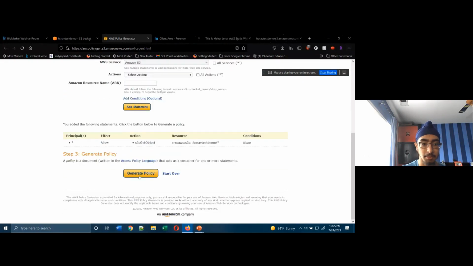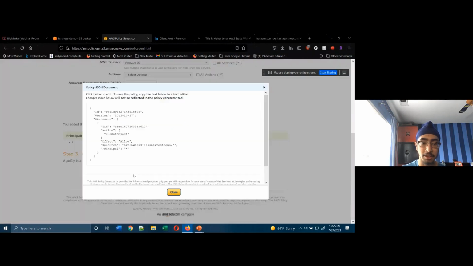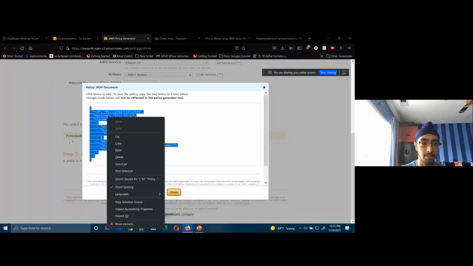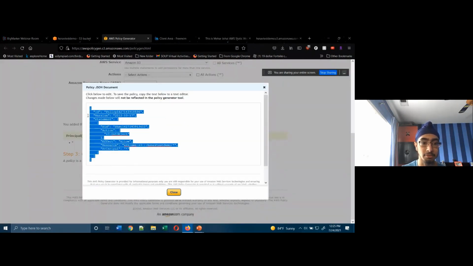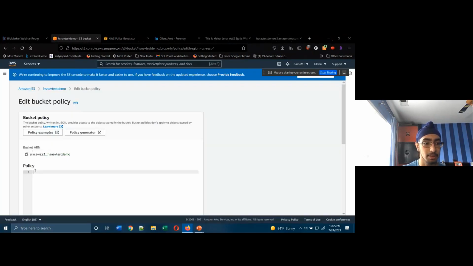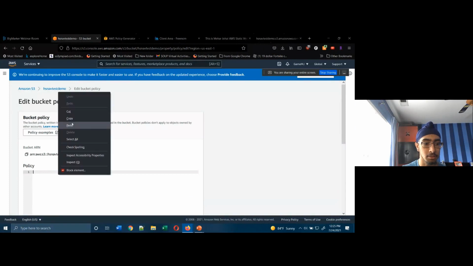Then add statement. So that added that statement, and you can just click generate policy and copy all this JSON that it generated for you. You don't have to do any of the JSON work yourself. You copy that, you go in here, you paste it in,